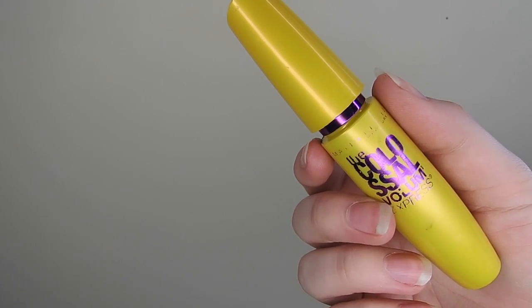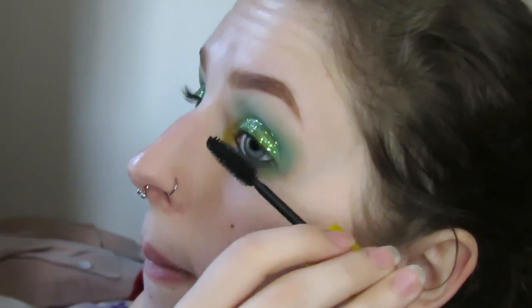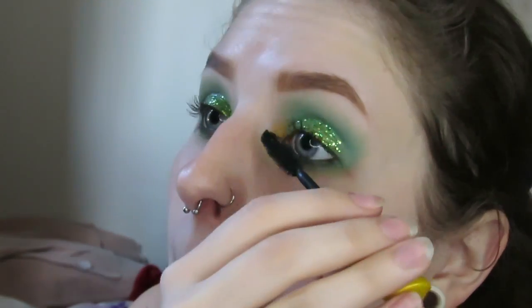Then I'm taking my Maybelline The Colossal Volume Express Mascara and just coating my top lashes. Now you could totally go more subtle with this look, but I wanted to go even